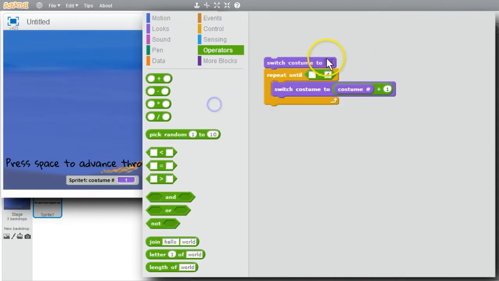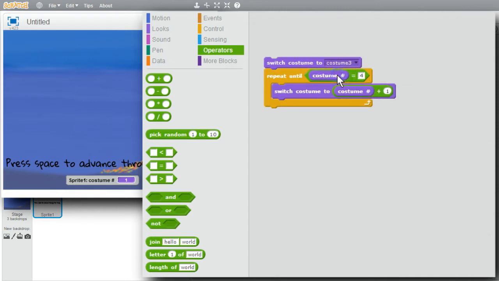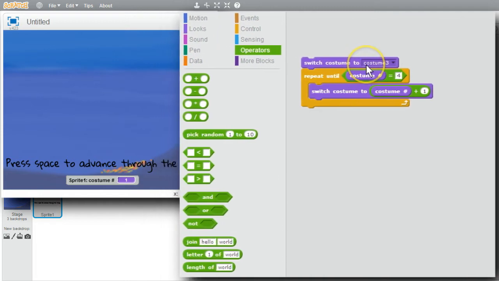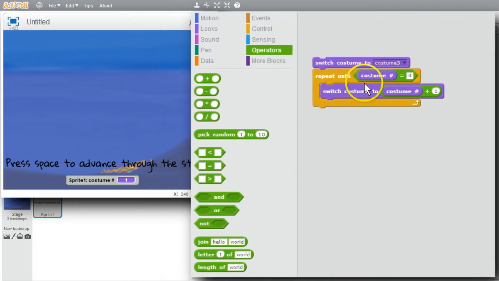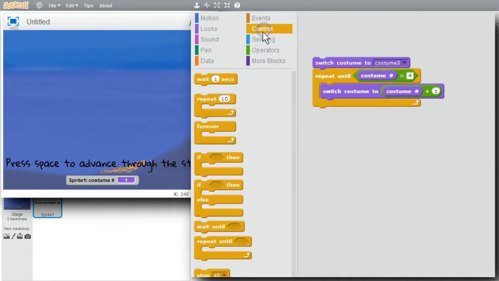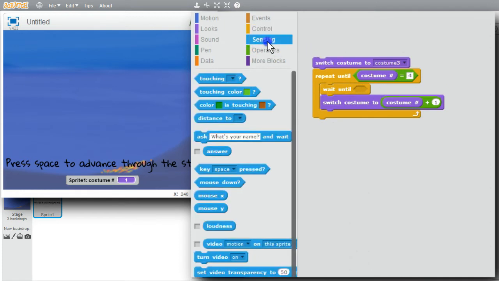I'll start with the first costume, duplicate. Don't need this. The first costume is costume 3. Need to repeat until costume number is 4. When this starts, it selects the first costume, switches, and keeps switching until costume number is equal to 4. I'd like to run this, but I won't see all the costume changes. It'll run too quickly. I'll add waiting for the space bar, wait until, go to Sensing, key space pressed, and